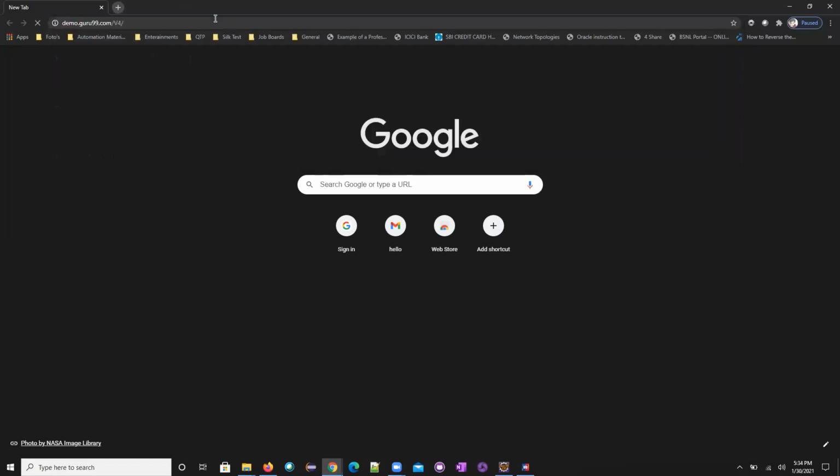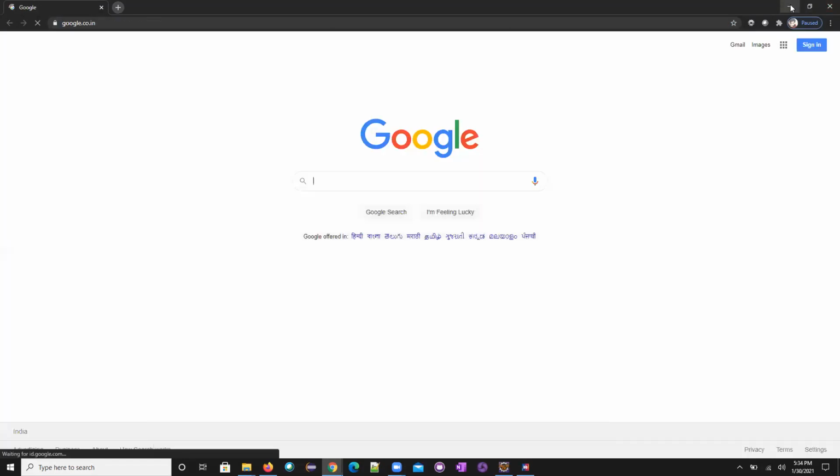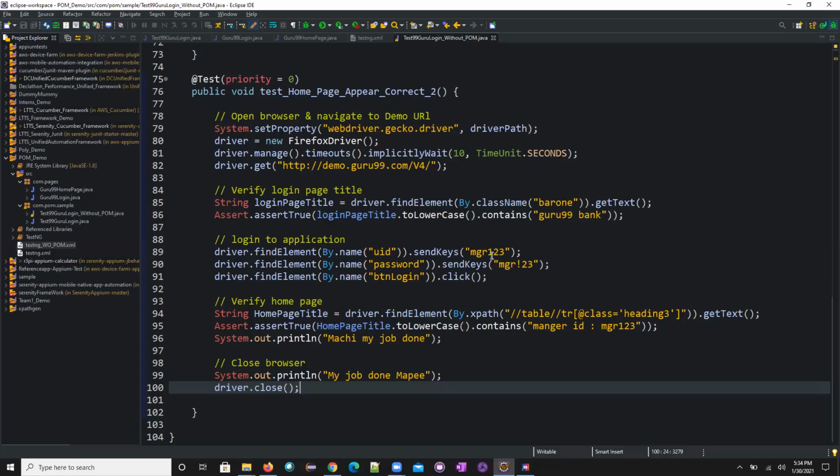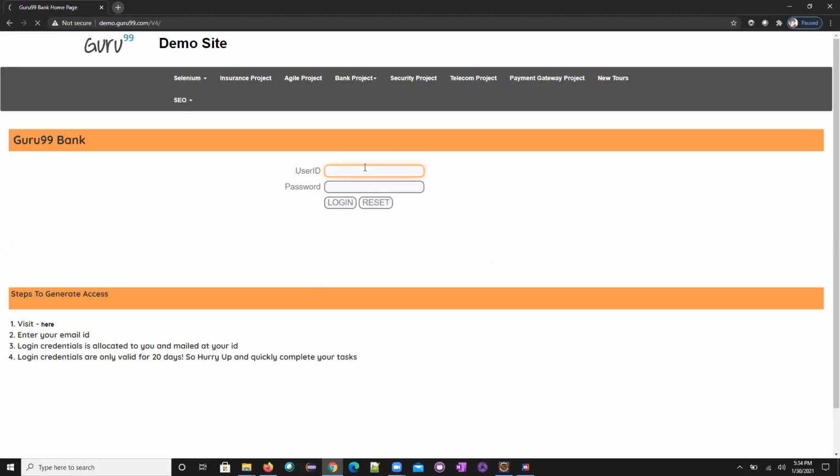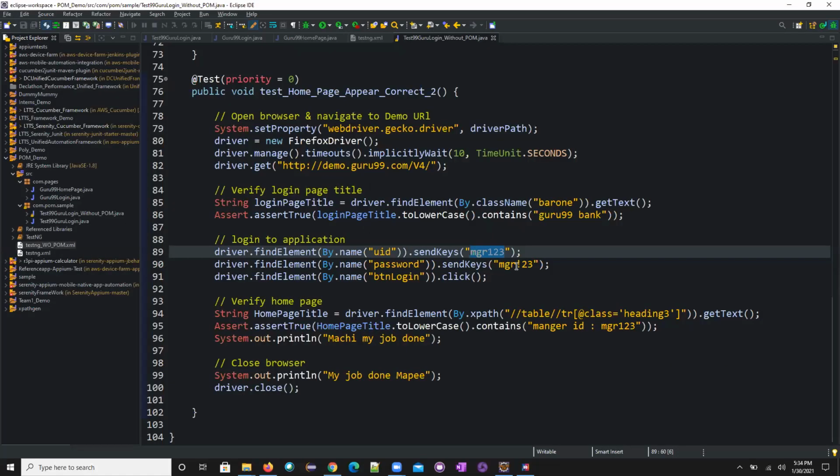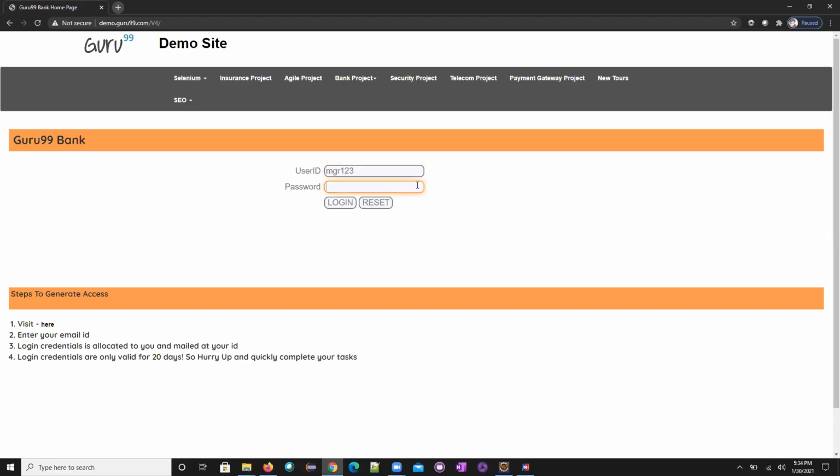Here I was just entering this. This is the username, and this is the password. We are clicking the login button.